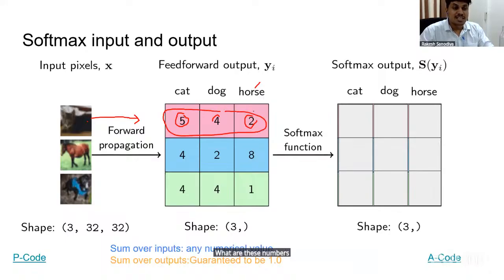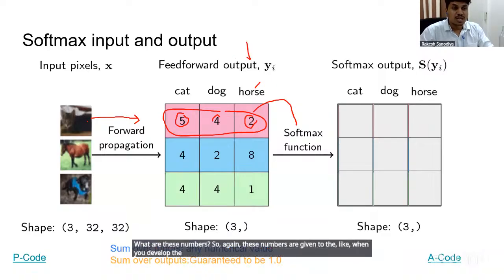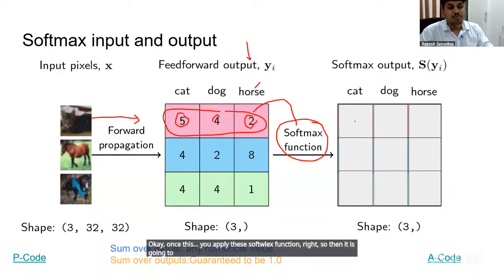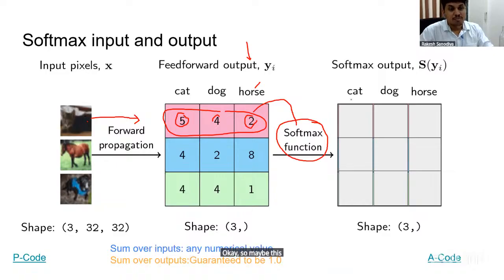So again, these numbers are given when you develop the feed forward neural network. In this feed forward neural network, you are going to apply this softmax function. Once you apply this softmax function, it is going to generate some probability. So maybe this cat image may belong to